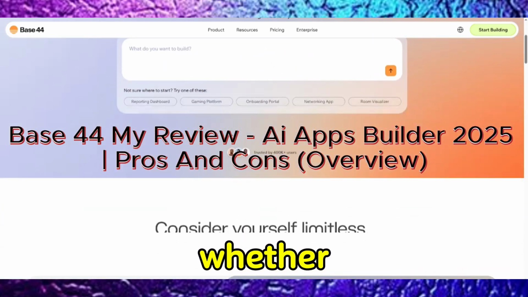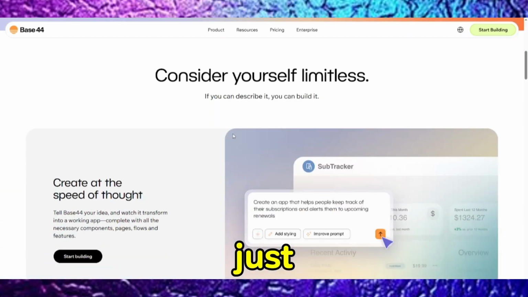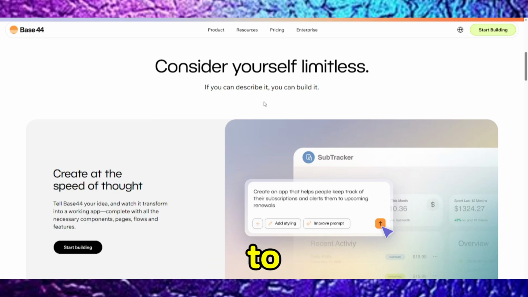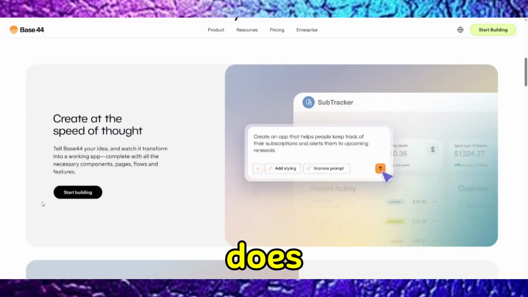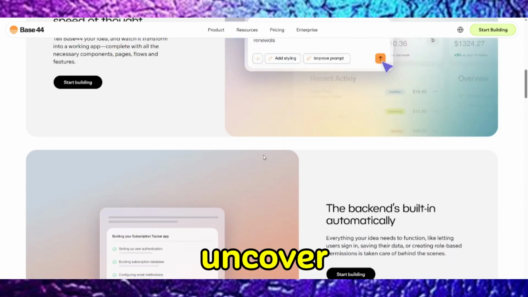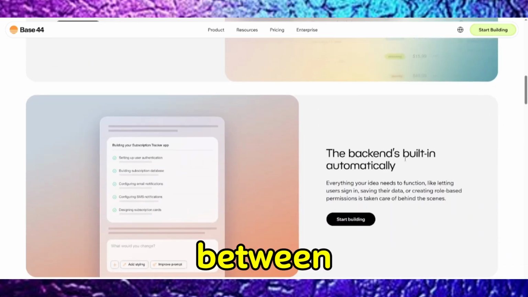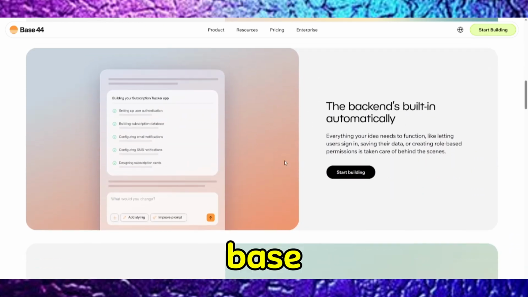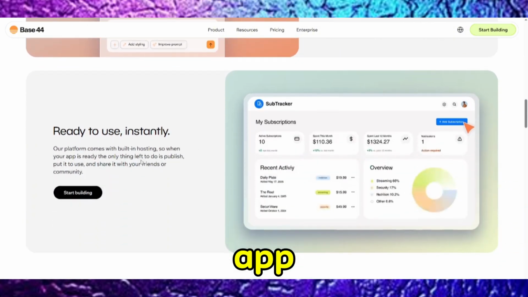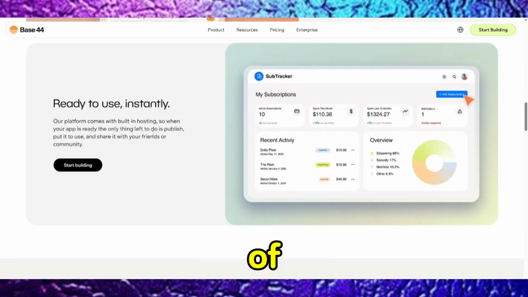Traction this year. Whether you're a startup founder, a freelancer, or just someone with a great app idea, this tool claims to make app development a breeze. But does it live up to the hype? Stick around as I uncover the good, the bad, and everything in between. Let's get started. Base 44 is a no-code AI app builder that aims to simplify the process of creating applications